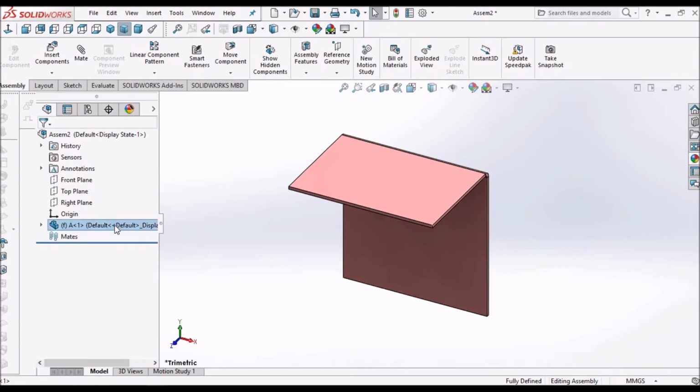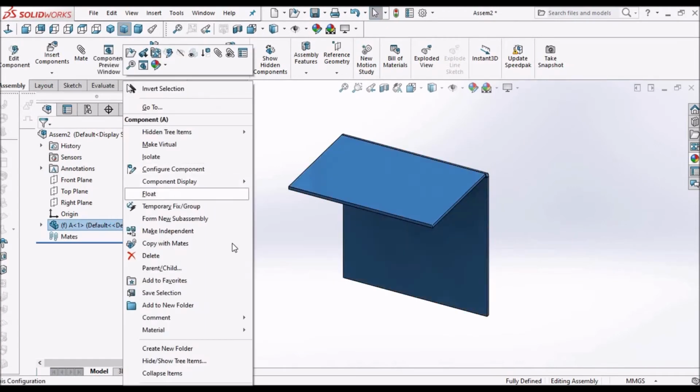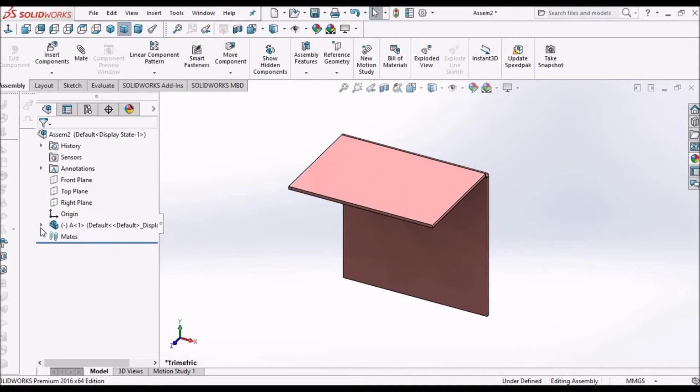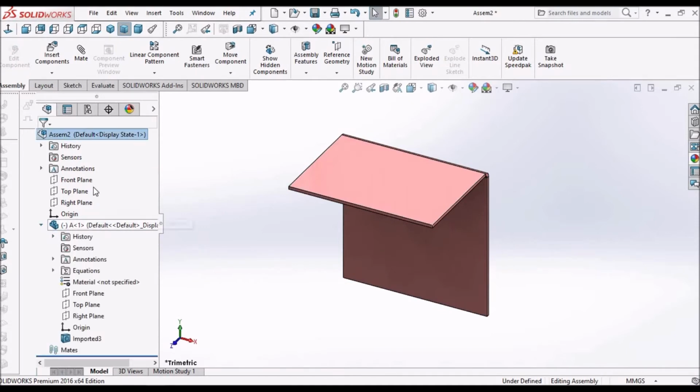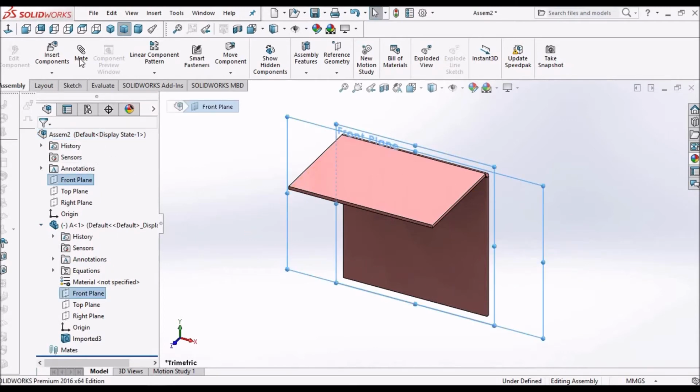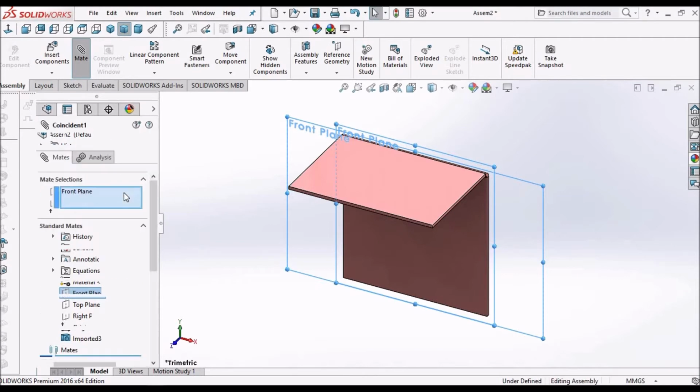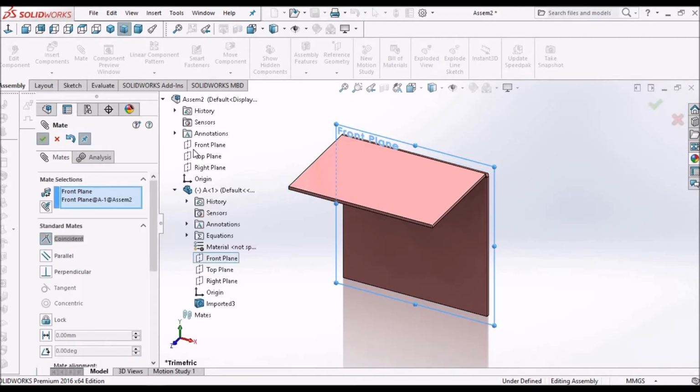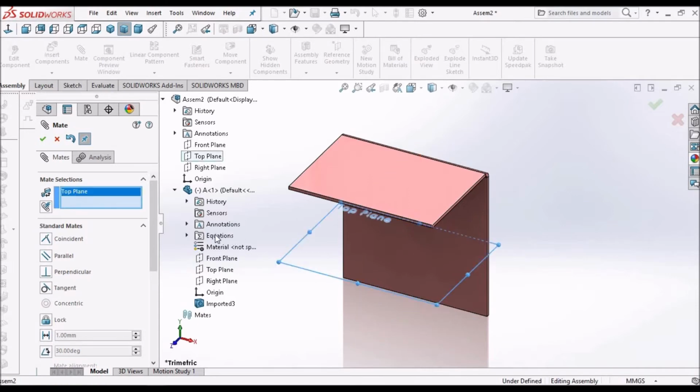Now I have to go to the float option and select front and front. It's a simple mating condition. Say OK. Top and top plane.